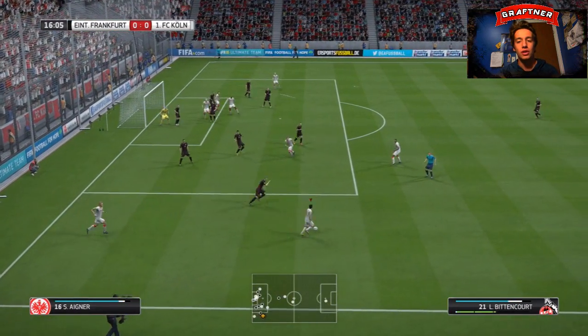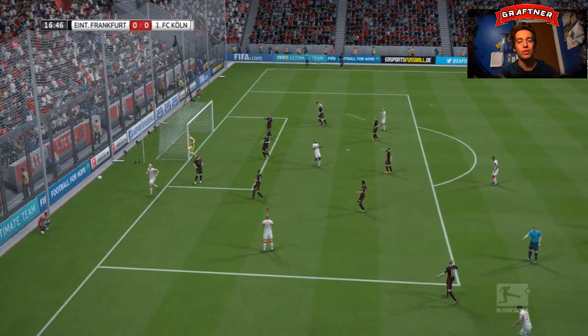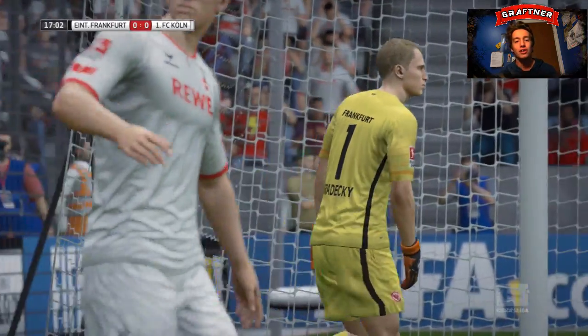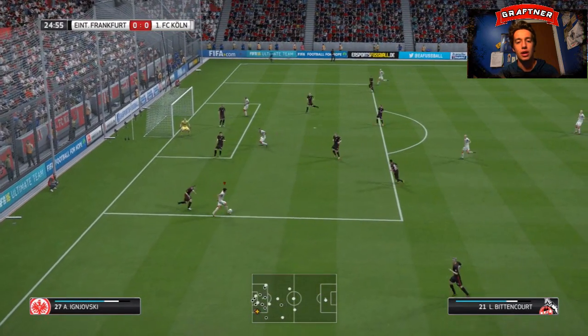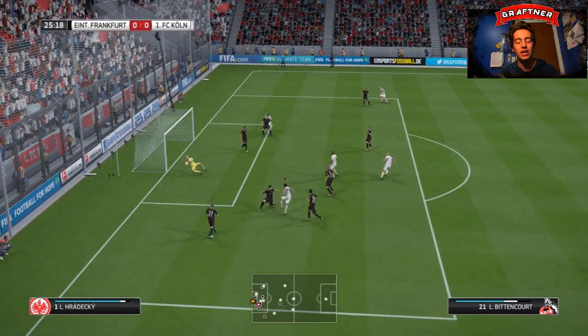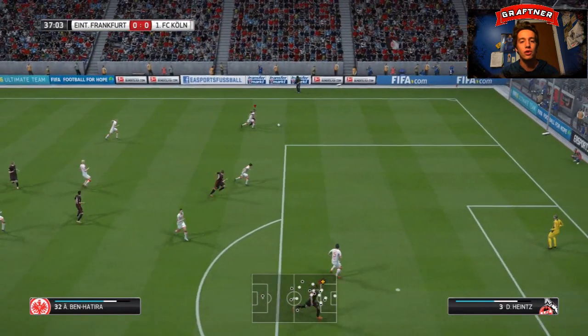But from the aforementioned corner kick, Bittencourt with a great ball into the box and a great header and a great save from the goalkeeper as we were pressing early to try and get that goal. We're still looking for our first win of the series in the Bundesliga. Bittencourt though cutting inside, a good shot from him, still can't beat the goalkeeper,